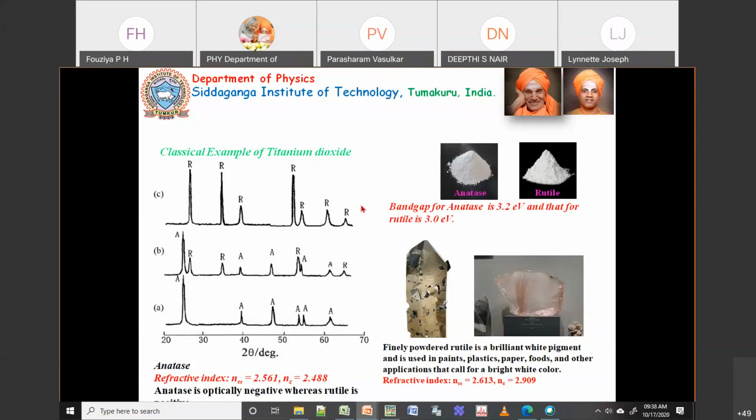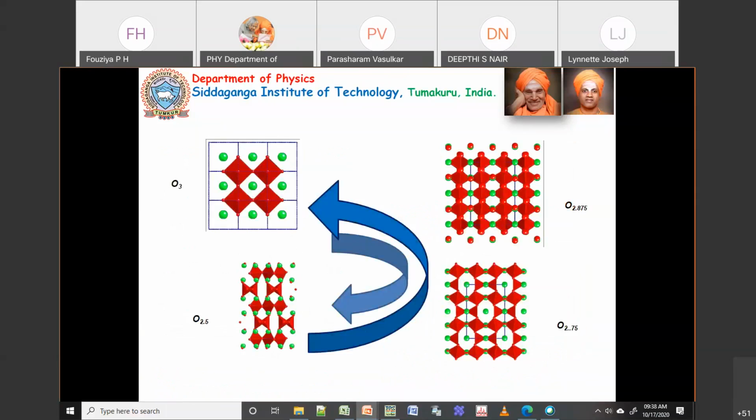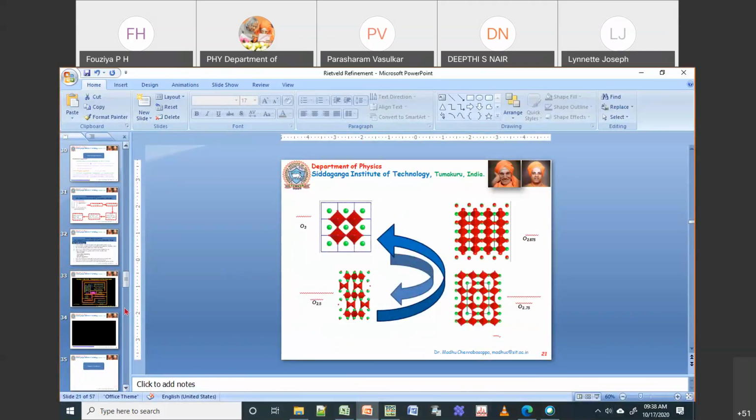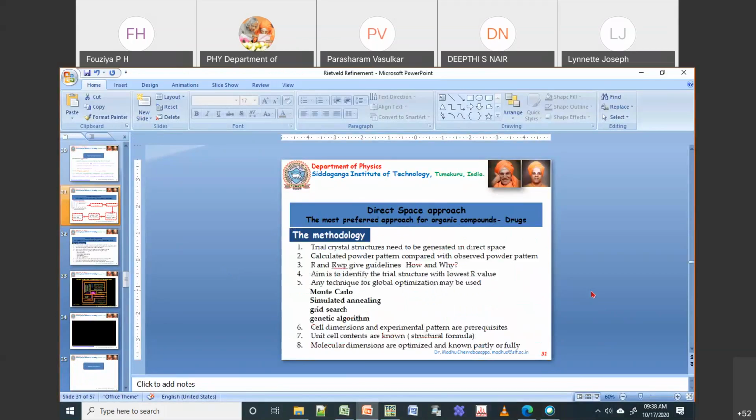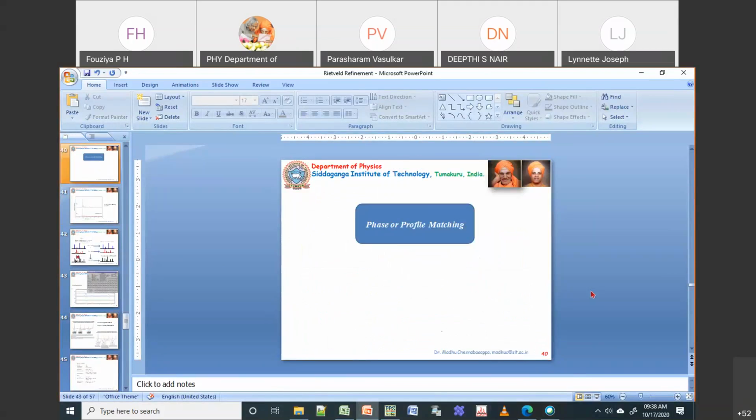The first thing when you get your X-ray diffraction data is to check your data, and then the first thing you do is your phase match. After that you can go for further analysis, profile matching or profile fitting. So this is your approach. First you check the quality of your data, then you go for determination of peaks and profiles. Now I will go directly to the phase analysis, to this part,